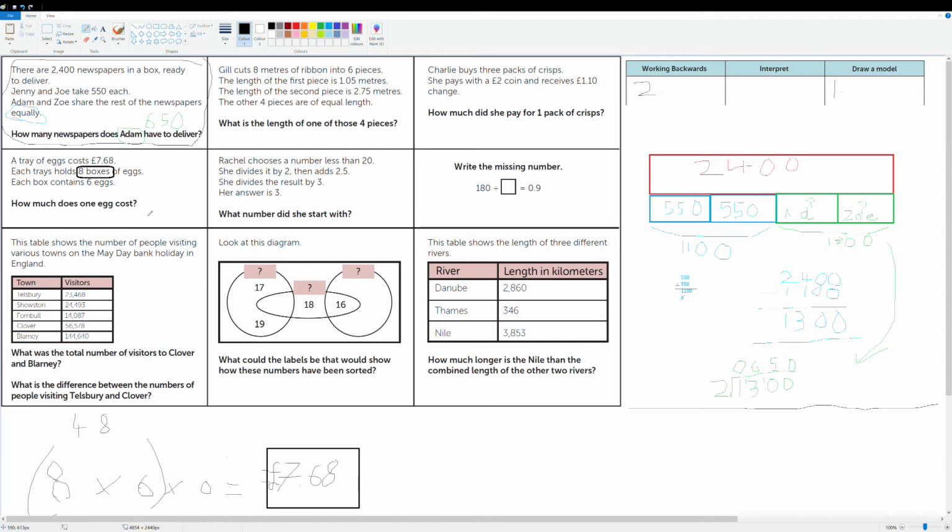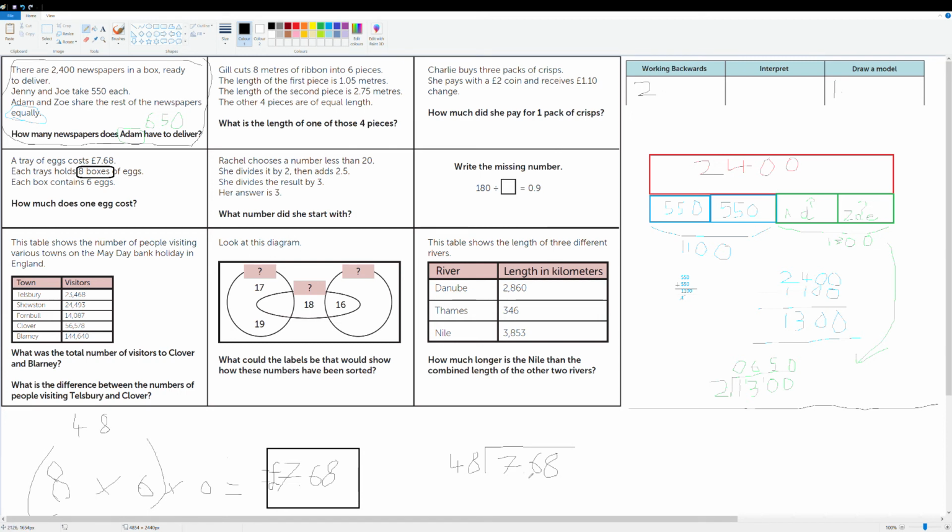How much does 1 egg cost? This is where we come to the working backwards, remember? So now we're going to take £7.68 and we're going to do the opposite, or the inverse of multiplication. The inverse of multiplication, of course, is division. So we're going to divide that by 48. And this could seem to be a very strange one because we don't usually divide by such big numbers, but it works pretty much the same way as it normally would. You'd say, right, how many lots of